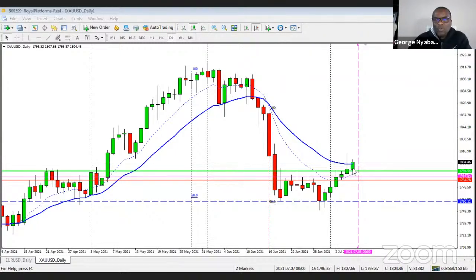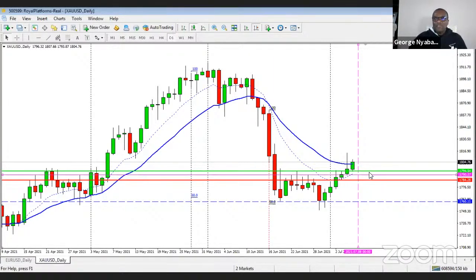Okay, so this is today gold. This is yesterday. So I want to look at what happened on that particular day. What I have with my green horizontal, that's high of previous day, and the red is the low of the previous day. So let's just move the open will be about plus or minus there. Okay, so we're gonna go through that and just have a look and see what's happening.